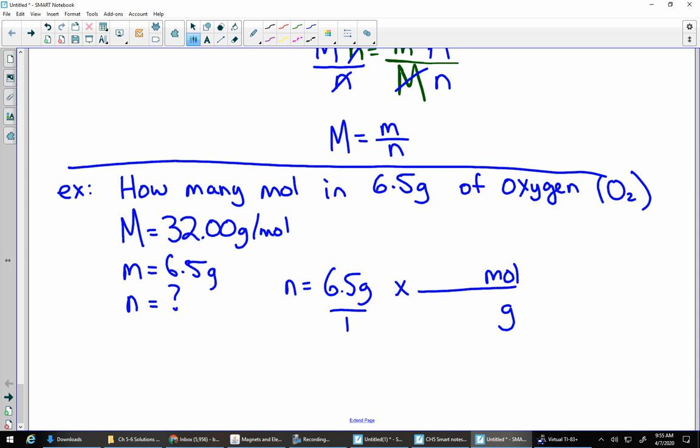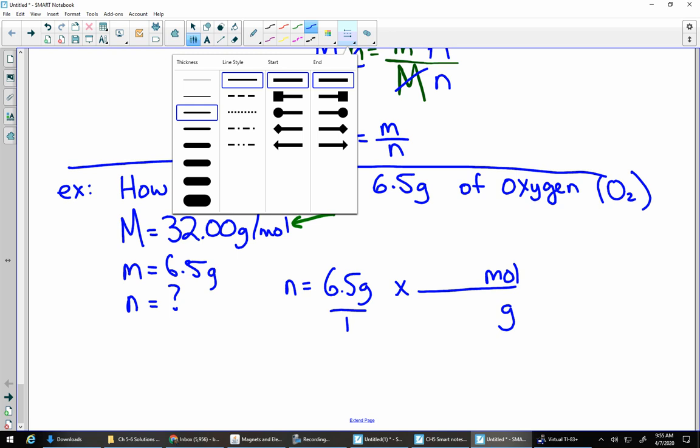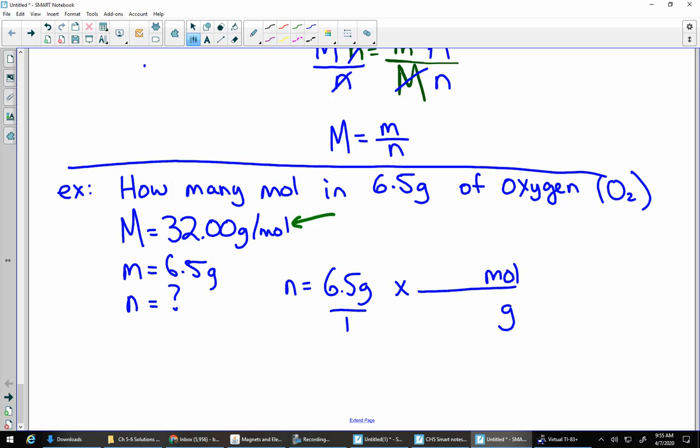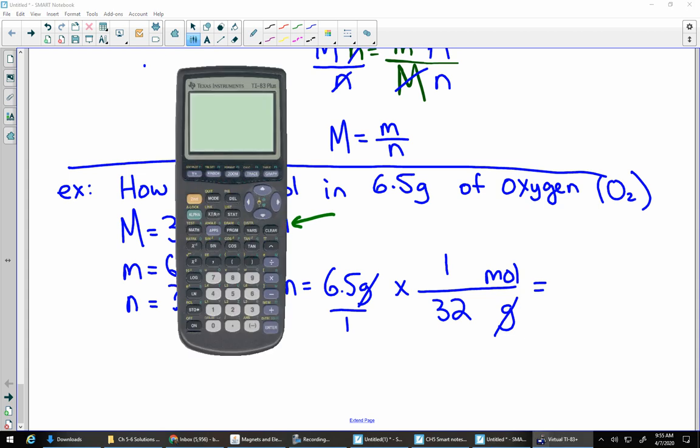Now when I look back to my conversion factor, I know that it is 32 grams for every 1 mole. So 32 has to go with the grams, and the 1 has to go with the moles. Because look, grams cancels with grams. The only unit I have left is moles, so I can get out my calculator and I can do